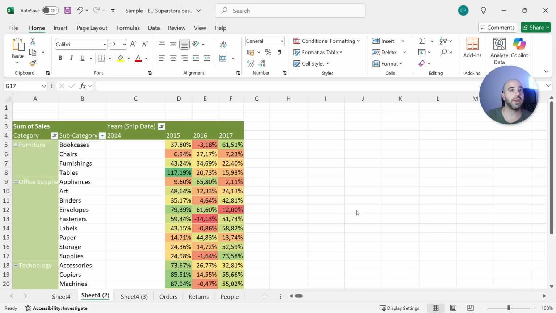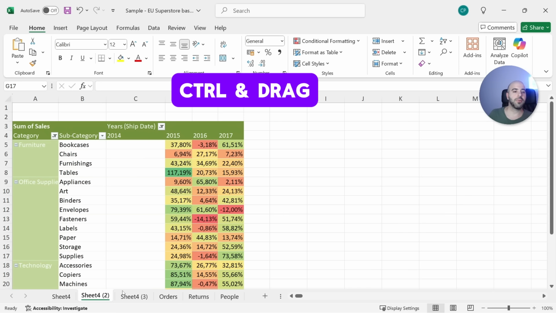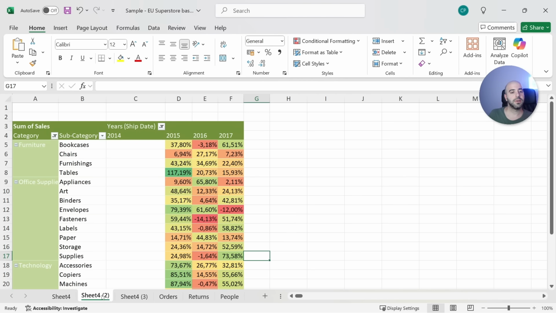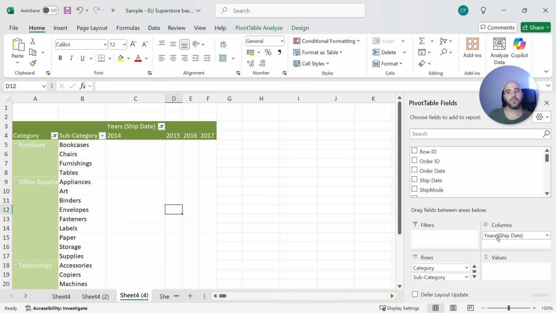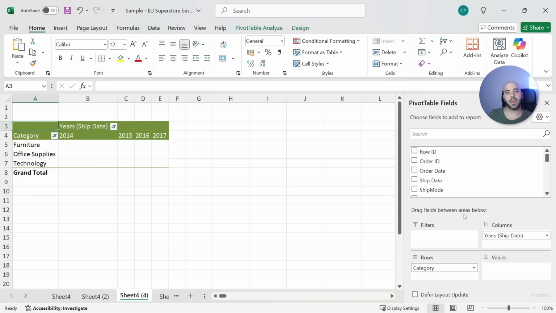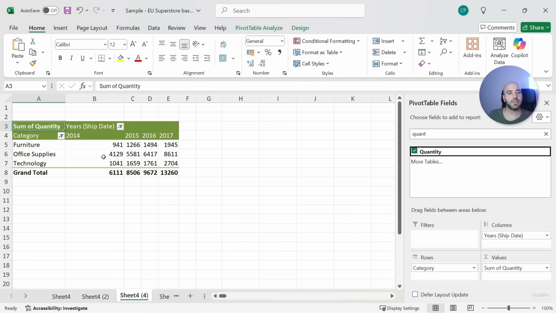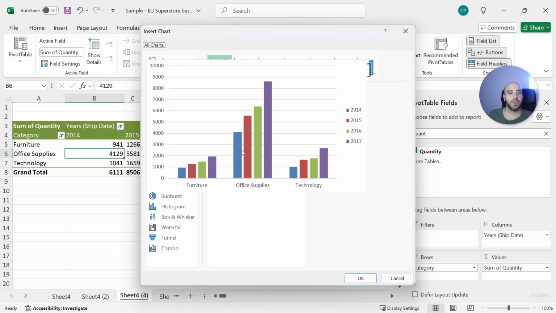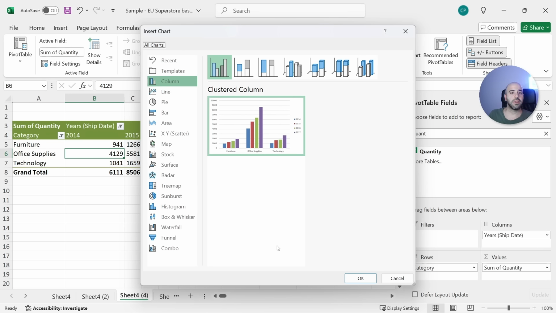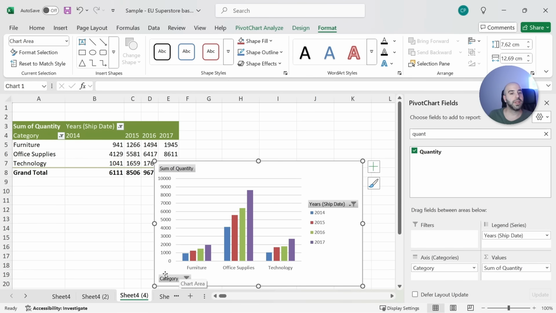So now that we have done analysis in depth in our dataset using pivot tables, let's visualize it with some graphs. I'm going to duplicate again one of those pivot tables, and then remove everything, keep the years, the category, and I'm going to bring quantity in this time. What I can do is click on the pivot table, go to Pivot Table Analyze, and then Pivot Chart. I can select any kind of chart. In my case, I would like to have a column chart, click OK, and you see that I have an